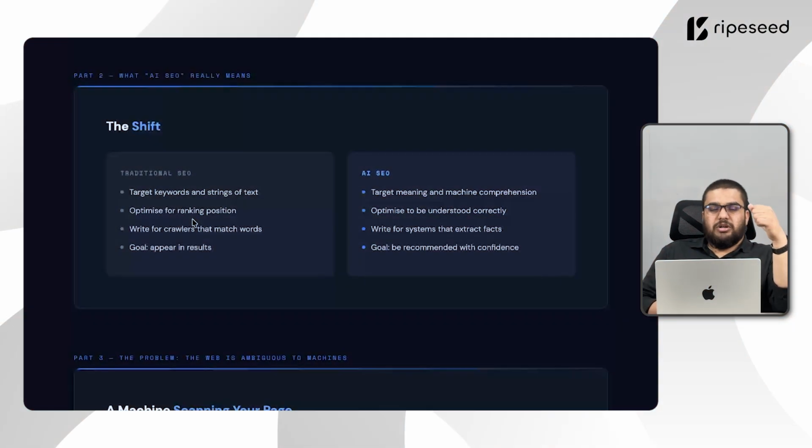Traditional SEO often treated web pages like one giant text block. You just put in the right words in the right places and you get ranked. But AI SEO is different. It is about machine comprehension. You're not just trying to rank, you're trying to be understood correctly by the systems that extract summaries, facts, and answer questions. So if a machine misunderstands you, it can't confidently recommend you, or worse, it will try to fill